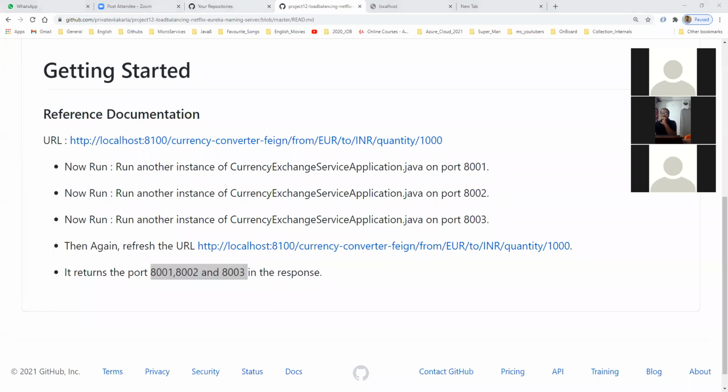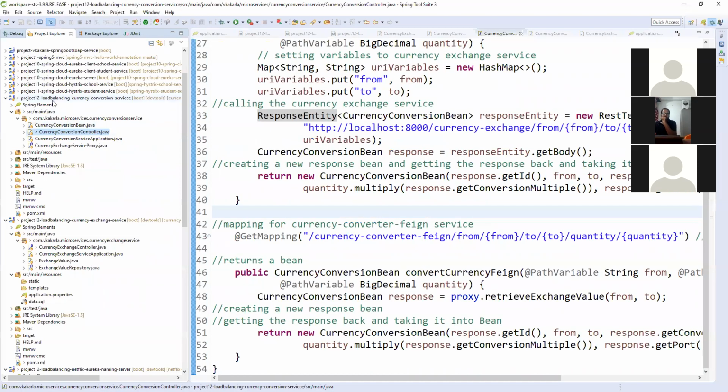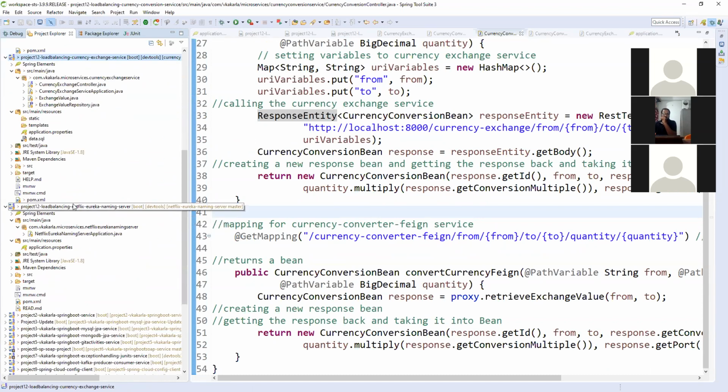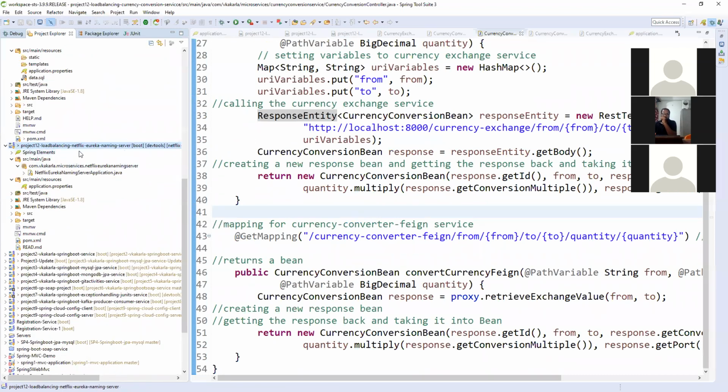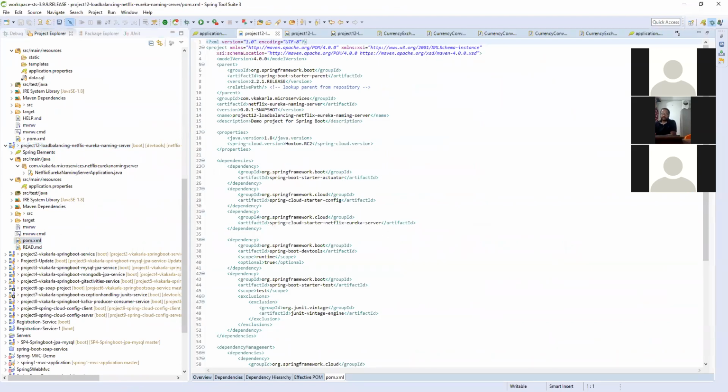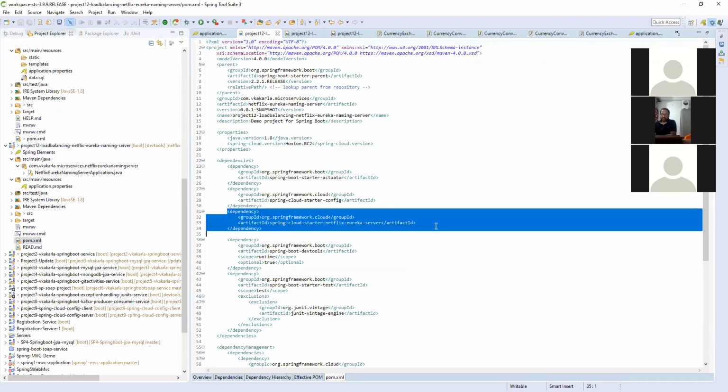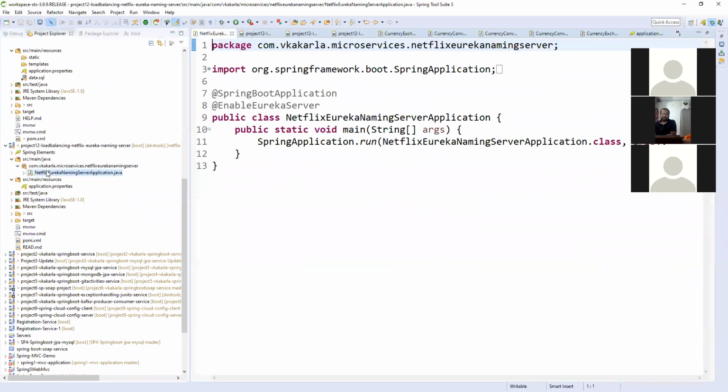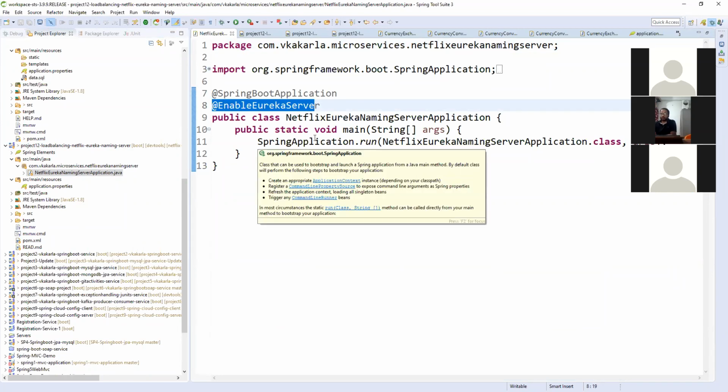So let me run. First of all, this is one service, and this is one service, and this is one service. This is the Eureka server. First of all, you know, for the Eureka server you need to add the Eureka server related dependency, and simply in the main Spring Boot application we need to enable Eureka server. So only one class.